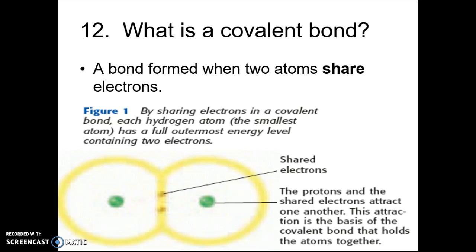Question number 12, we're moving away from ionic bonds now and on to covalent bonds. Question number 12, what is a covalent bond? I think actually we'll get to